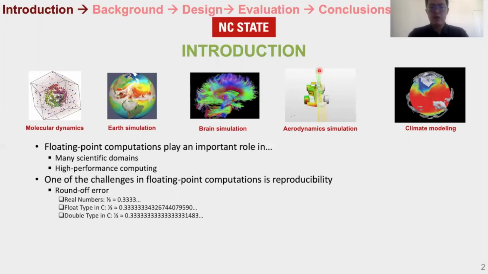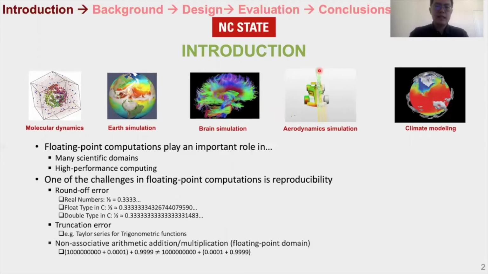The first error is generated when you do the computation. You cannot keep unlimited length of the results. You have to round the results to within the range of the floating point representation. The second error is called truncation error. There are some equations, like the Taylor series for trigonometric functions, that have unlimited length. So you have to truncate the equation also within the bit representation of the floating point